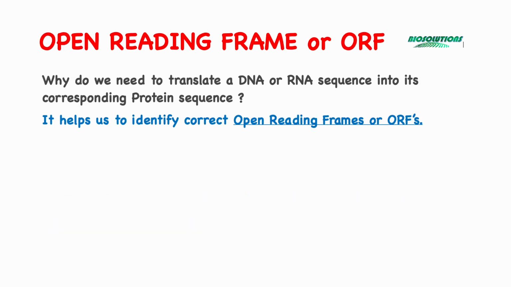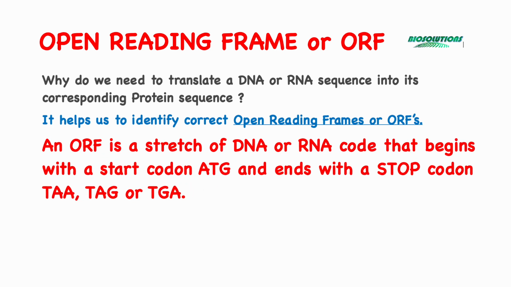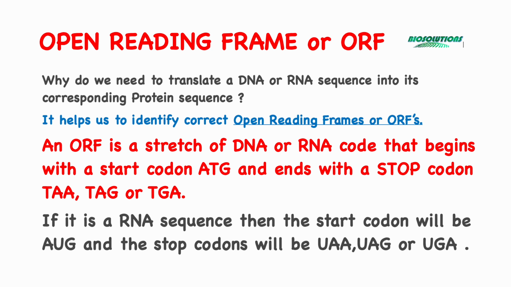Why do we need to translate a nucleotide sequence into its corresponding protein sequence? It helps us to identify a correct open reading frame or ORF. A correct ORF is a stretch of DNA or RNA code that begins with a start codon, which is ATG, and ends with a stop codon, which could be TAA, TAG, or TGA. If you're using an RNA sequence, then the start codon will be AUG and the stop codon will be UAA, UAG,